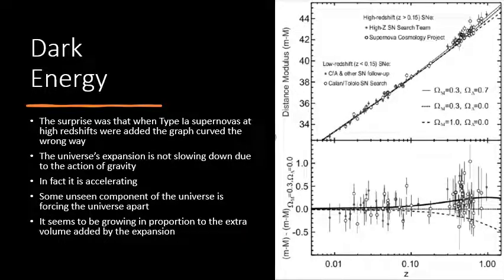Which is the other way around from the way you'd imagine, because you'd imagine that as the universe expands, everything gets diluted. As the universe expands, it has an amount of mass and energy in it, so as it gets bigger, the energy density of the universe goes down. And that's not what they find with dark energy. With dark energy, they find as the universe expands, the amount of dark energy goes up. As we include more volume within the universe by the universe expanding, we include more dark energy within the universe,